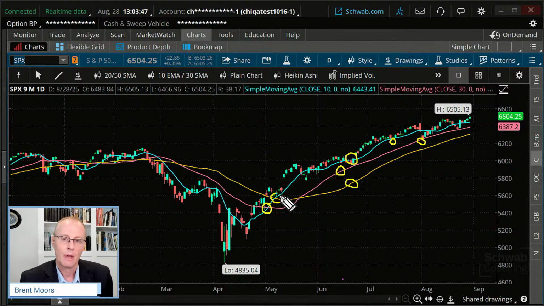So you can look at different stocks and look for it that way. And you can scan for a variety of different conditions here. And that's what I want to go through today, is scanning for these.